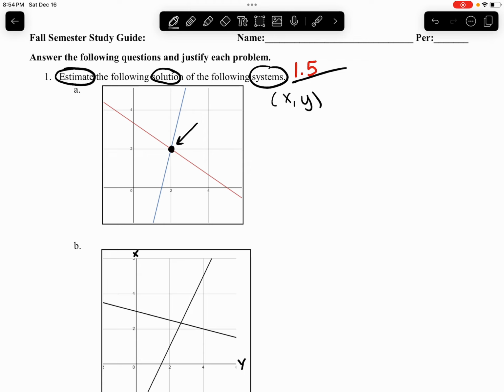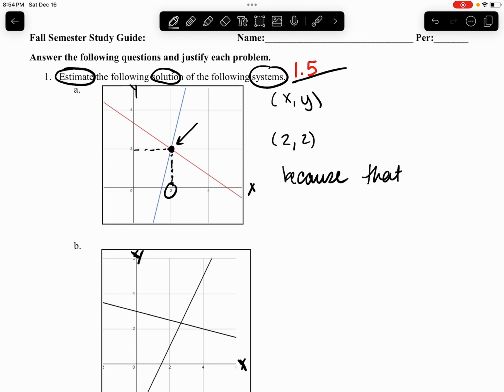So this is my solution. So this is my x. Sorry, I made a mistake over here. It should be x, y, x, and this is y. Sorry, here is y. So we start with x first. That's 2. My y is 2 as well. So 2, 2, because